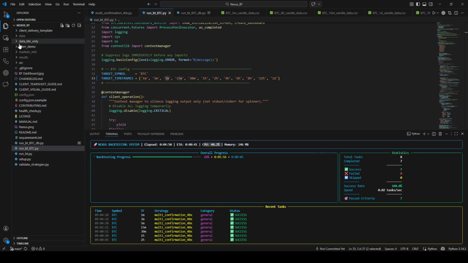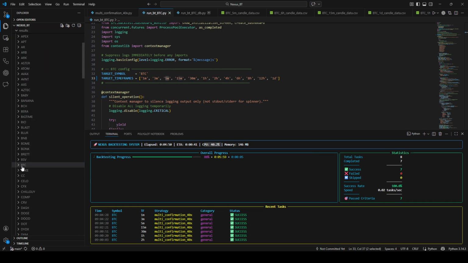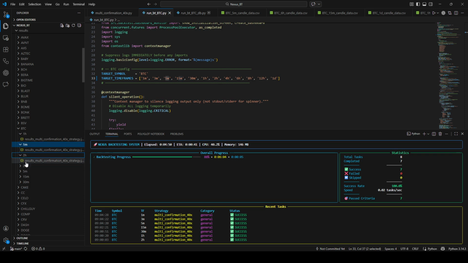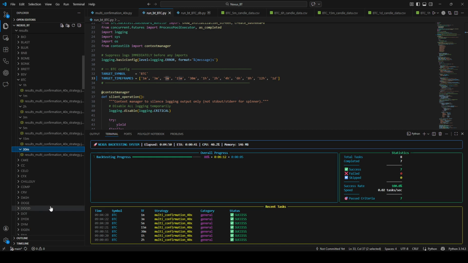And then we can go and look for the results for BTC. So as you can see, they're all running, and afterwards I will put my premium package on it in my other project to see if there is a valid winner between them, so I can actually use it to create my signals,